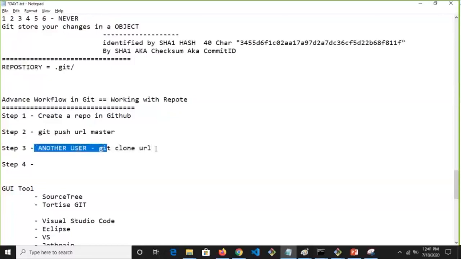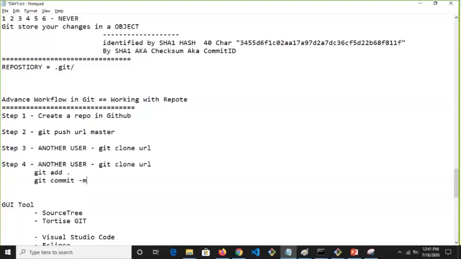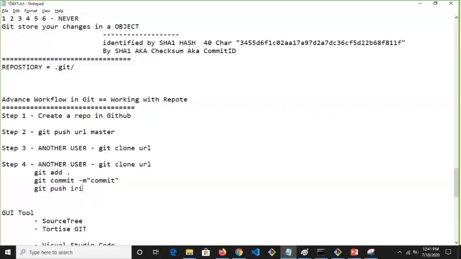Another user, git add, git commit, git push origin master.